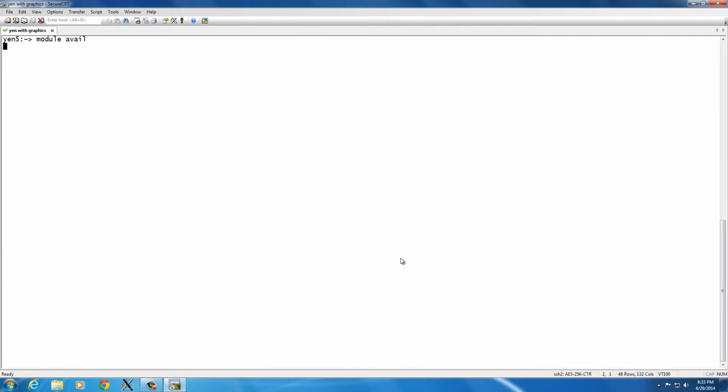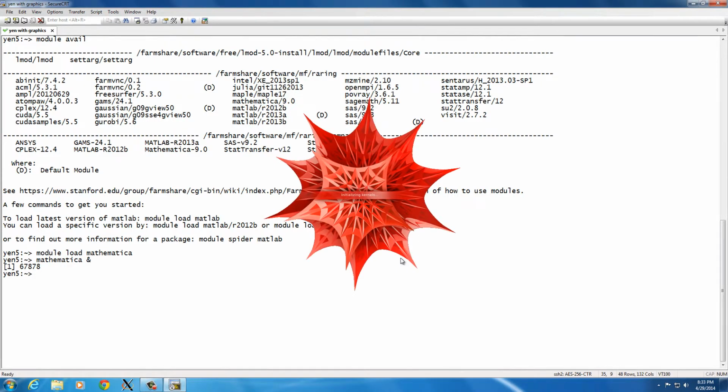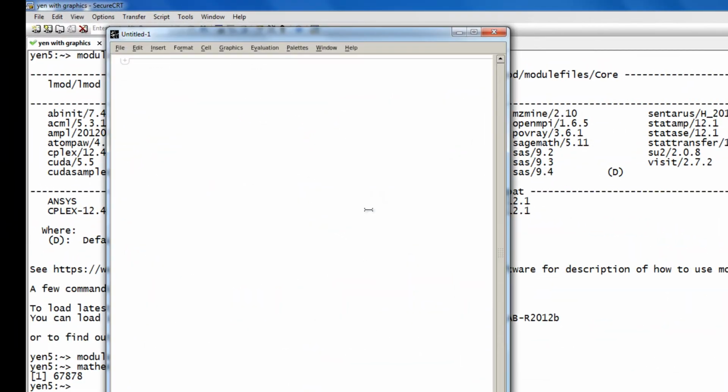And I'll show you one other nice feature of having a graphical interface to a Linux machine, is that on this list I see Mathematica is one of my options. So let's load that one and launch it. And the reason why I like using the graphical interface here is because I use Mathematica once in a blue moon. And so it's really hard for me to justify paying for a license and installing it on my machine